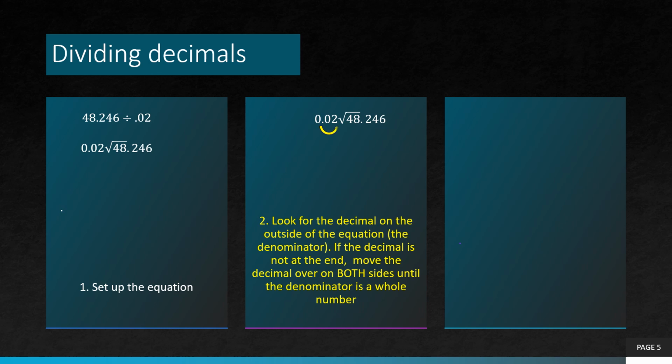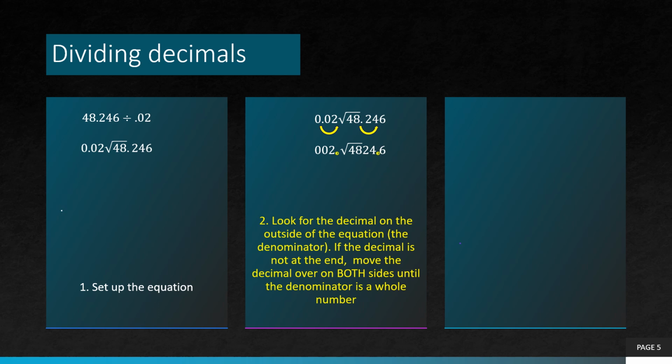So when we're setting up for our decimal points, we need to look at our denominator, which is our outside number. We move our decimal place over until it's all the way to the right so that we have a whole number. And then however many spaces we moved it on our denominator, we also need to move it for our numerator. So for the example, we moved it 2 spaces over to get from 0.02 to 2,